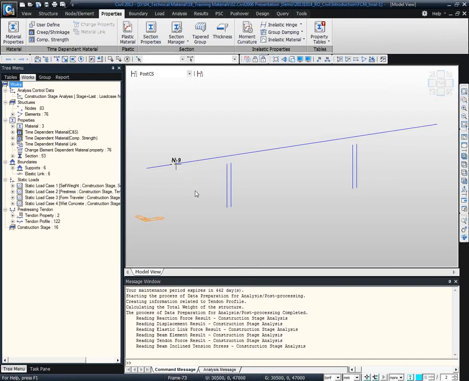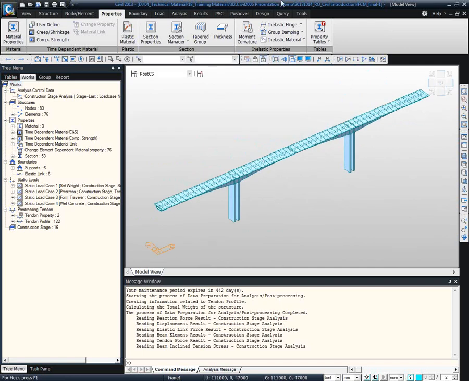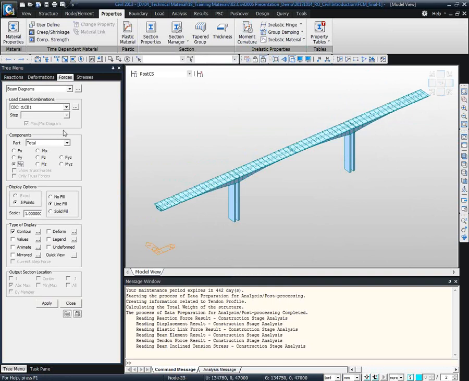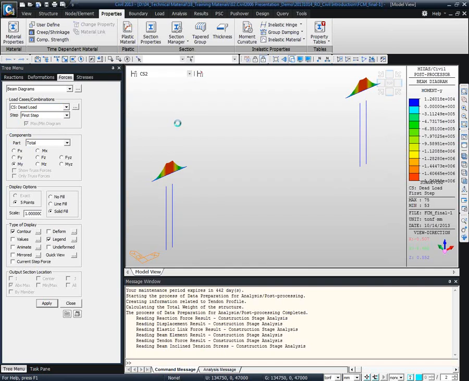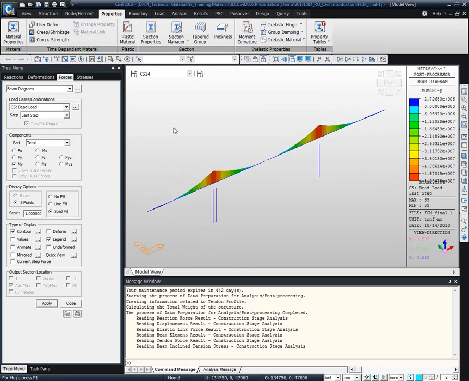So this is the same model. I pre-performed analysis, and then we can check the result for each of the stages. For example, if I want to see the beam moment diagram starting from the first stage due to the dead load, for example, from the first stage for each of the stages up to the final stage, we can check the force effects,